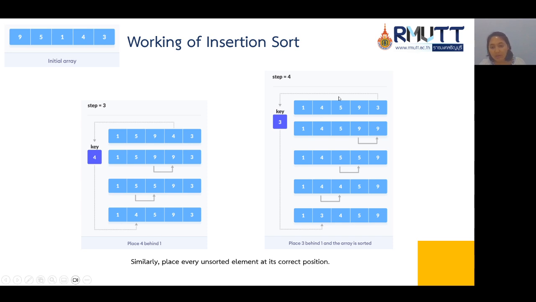And then step 4 is the same. The last element, the 5th element, 3 is stored in key, and then compare on the left with 9, and swap because 3 is smaller than 9, and then after putting in the 4th element, compare again to the left element 5. 3 is smaller, then swap again, and then 3 compared to the 4, and 3 is smaller than 4, and then swap again, and after that this is compared to the first element, and the first element is smaller than the key, then nothing happens or no need to swap.